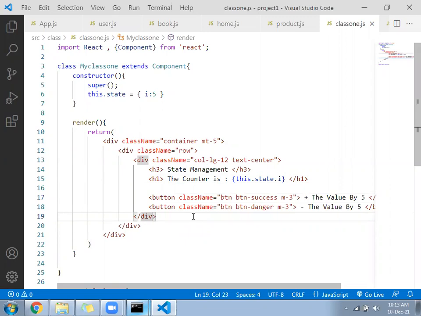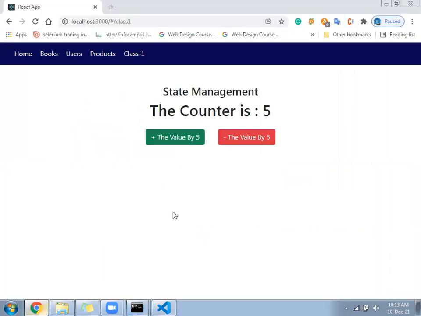One will be in red color, another in green color. Red and green. Now when you click on either button, the value of i should increase or decrease.